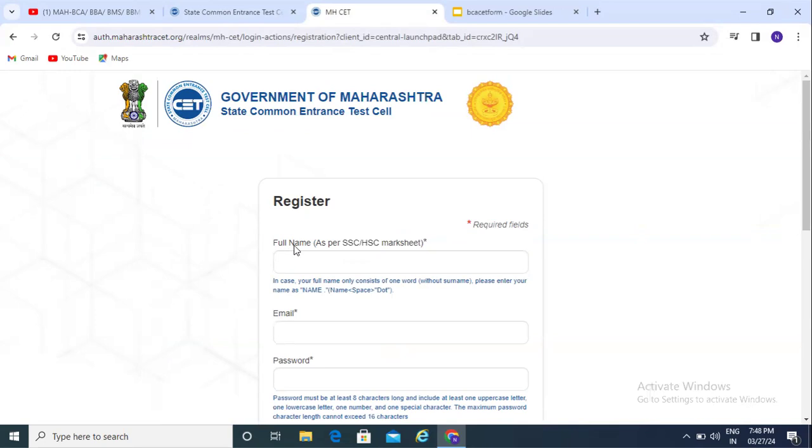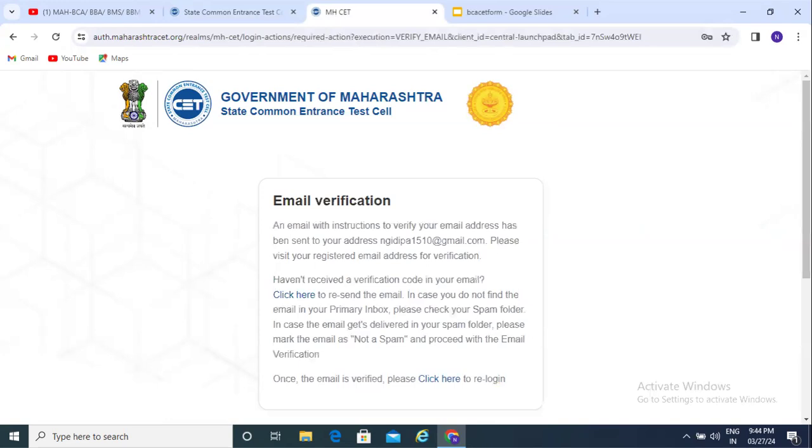You must fill in your full name as per your HSC mark sheet. Then enter your email ID and generate a password. The password must be at least 8 characters, with one uppercase letter, one lowercase letter, one special character and one number. Fine. After entering this data, the CET cell will send a verification mail